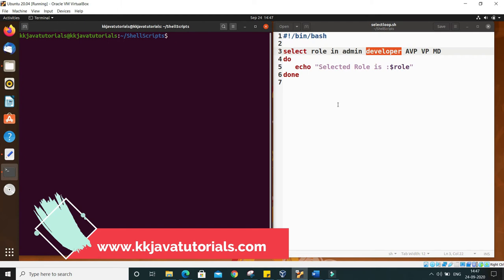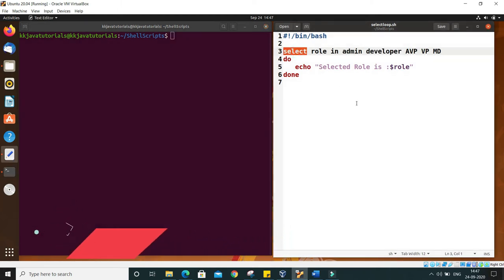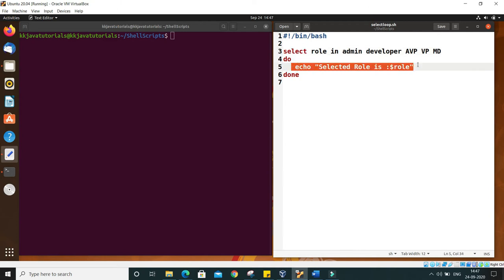But another use case of the select loop is that we very often use it with the case statement. So here I'm going to show you how we can use the select loop with the case statement. We have already discussed in another video how we use the case statement.